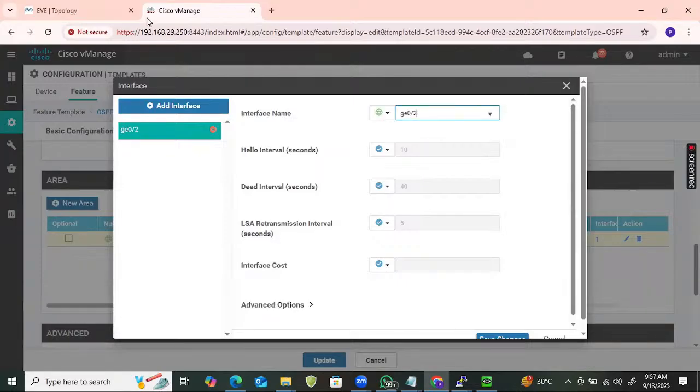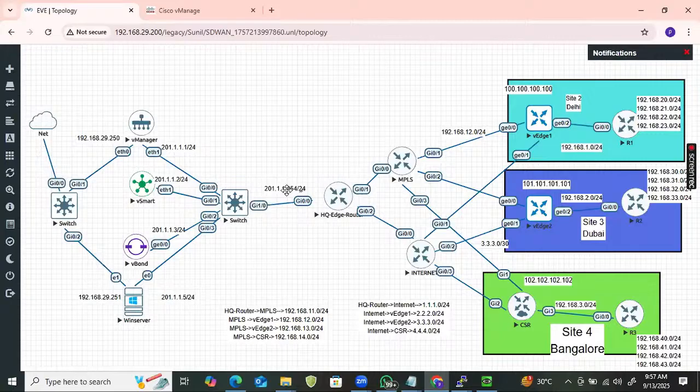Tell me one thing. What is the network type we need on this interface, guys? On this interface, the network type is broadcast. Because here we didn't change it to point to point, right? On the other interface, we have made it point to point. So on this interface also we need to make it point to point, right? Right. Okay, so what I need to do